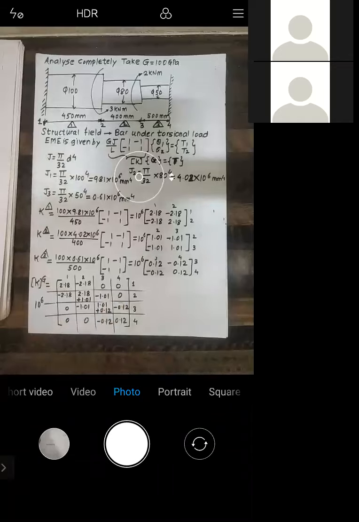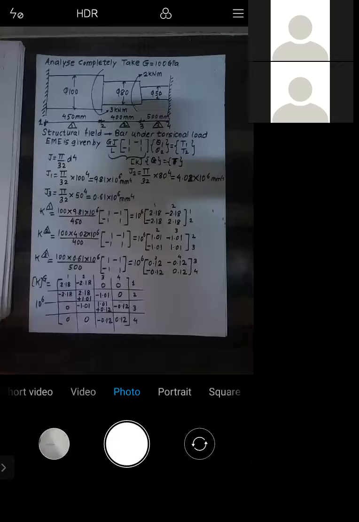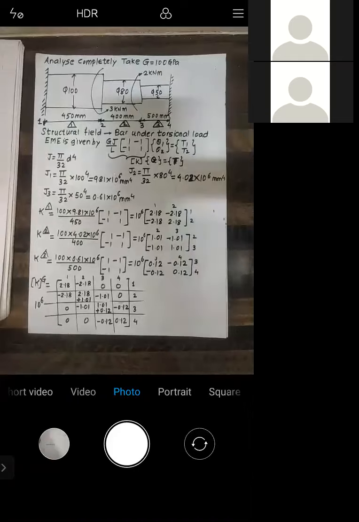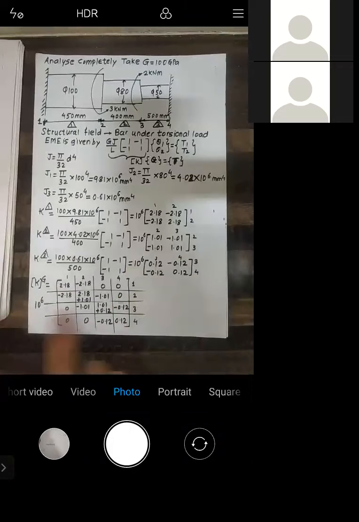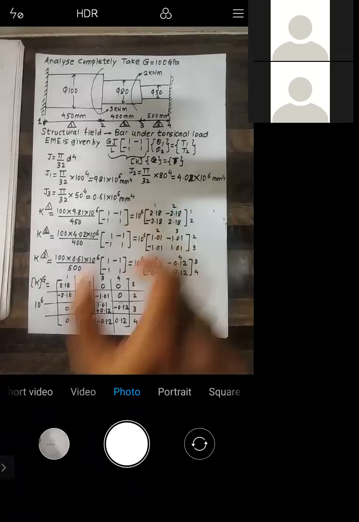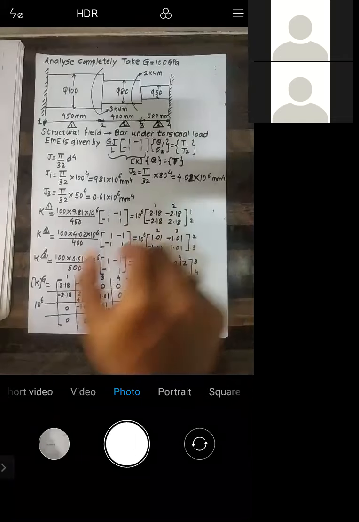So what is the size of the global matrix? It is determined by the number of nodes multiplied by the degrees of freedom. There are 4 nodes and each node can move only in the angular direction, either clockwise or anti-clockwise, but it should be angular. So the number of nodes is 4 and the degree of freedom is 1. So 4 into 1 is 4, and the size of the global matrix is 4 by 4. We make these rows and these columns. Now the question is to pick the element matrices and place them in the global matrix. We pick this 1 2 1 2 matrix and place it here.